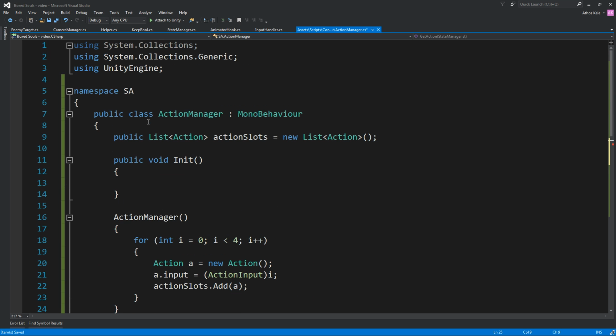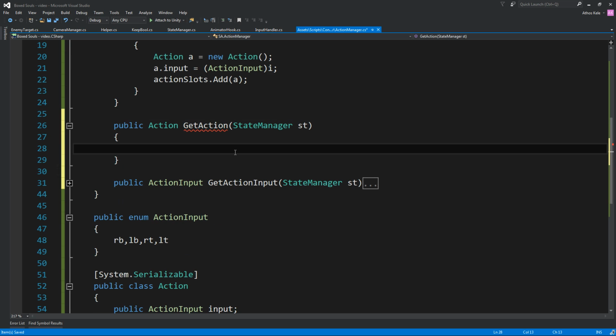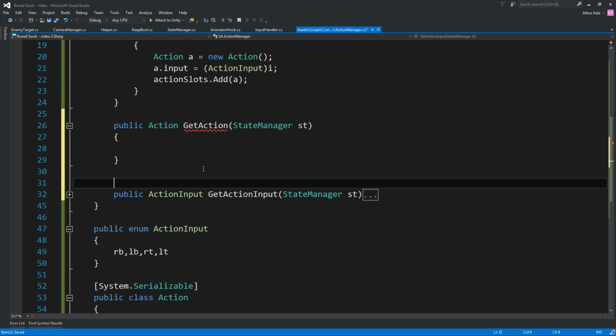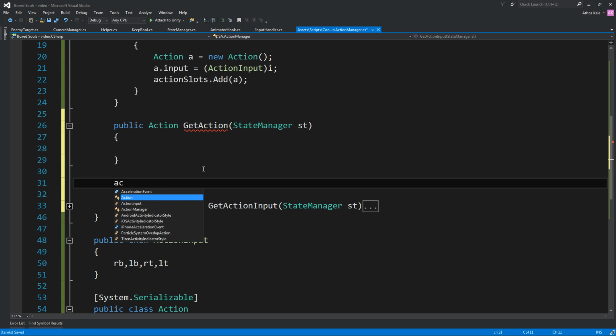You can of course store the state manager in here as well, but you know, doesn't really make much of a difference. And we should also do action, find action, or let's call this get action entry,